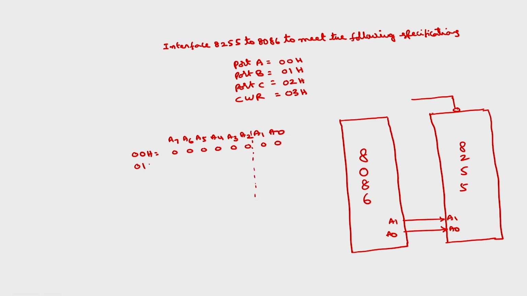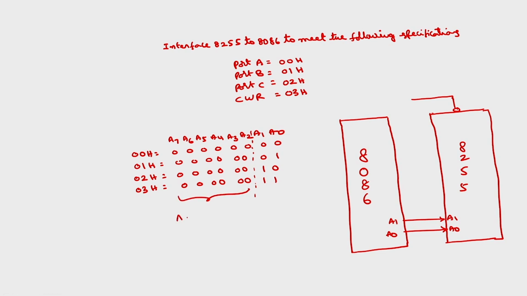What is 01H? 00000001. 02H? 00000010. 03H? 00000011. You see here, for all these combinations, A2 to A7 are all zeros,